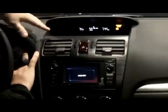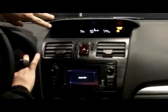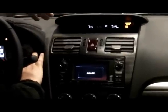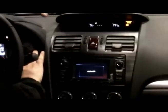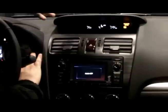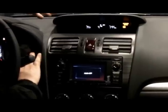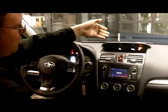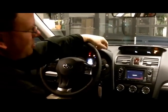This car's only got 10 miles, so it hasn't gone through the average tank yet to get you the actual gas mileage, but you can see your average and clock that. It gives you your instant gas mileage, how long the car has been running, how many miles you've averaged in the last hour of driving, and then you can turn it off so you don't have to look at the display at all. And then of course you've got your clock, and then you'll notice the passenger airbag on and